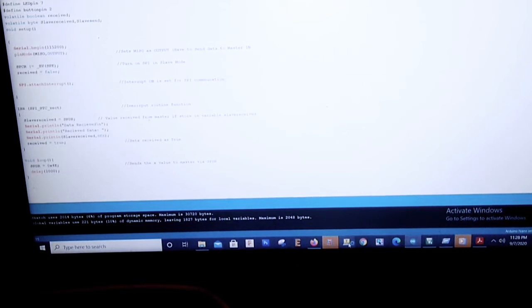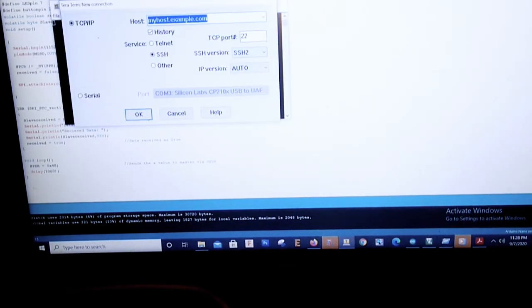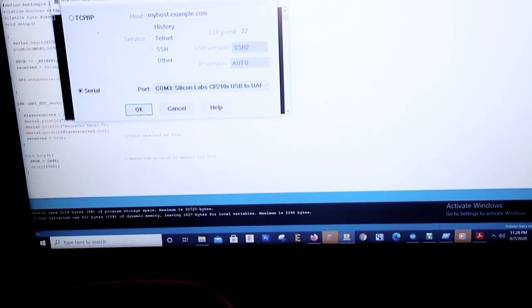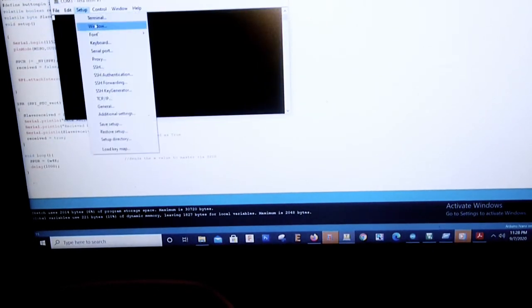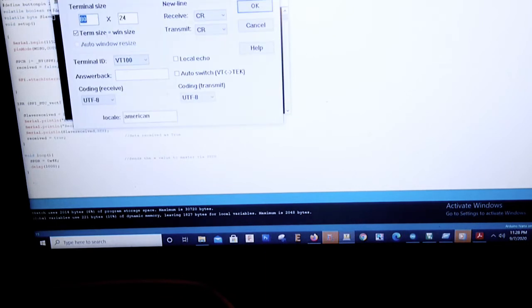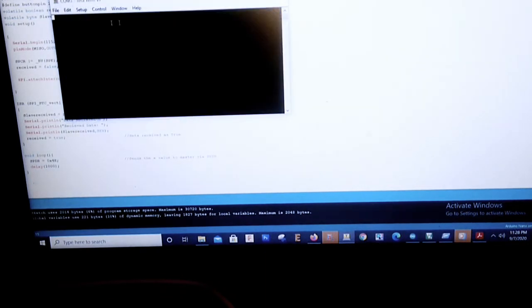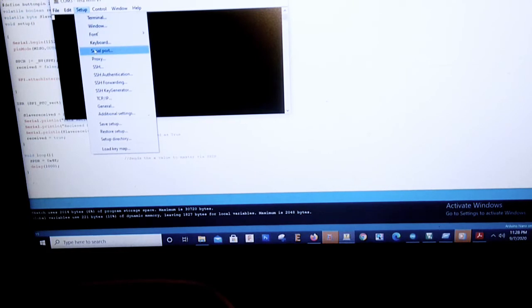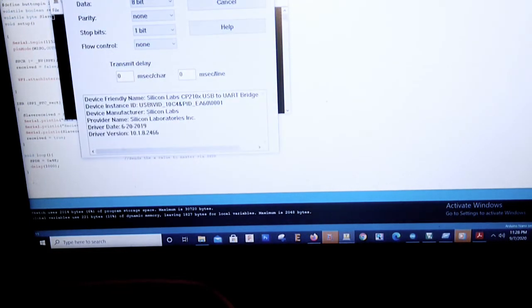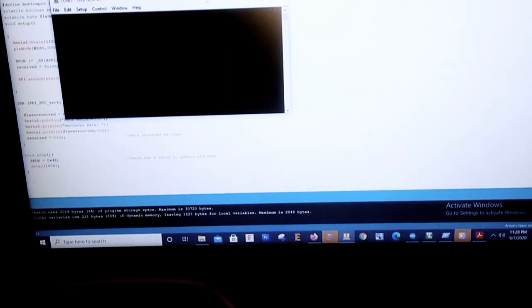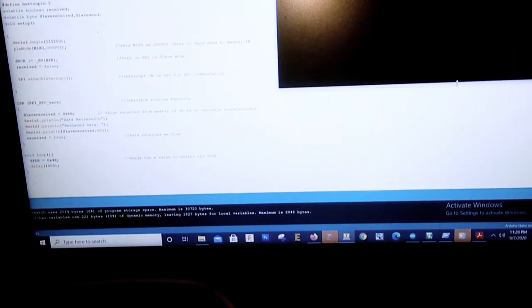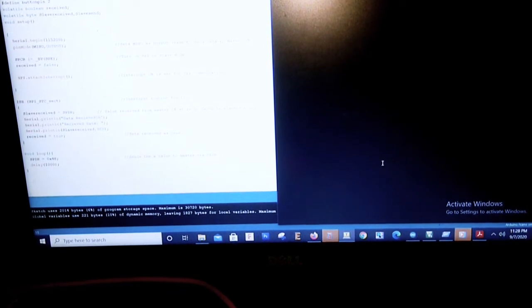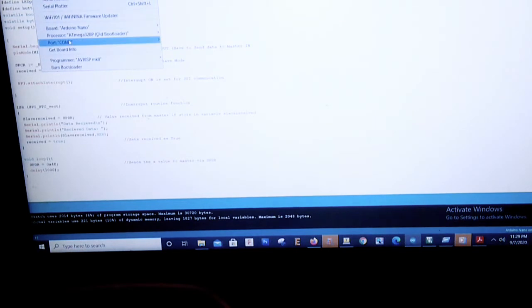So let me first turn on Tera Term. This will print the data of the N76E003, at baud rate 115200. And we will also print the Arduino data.